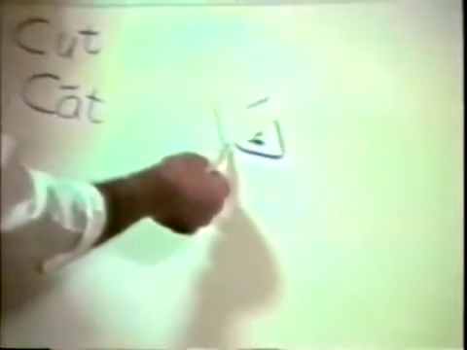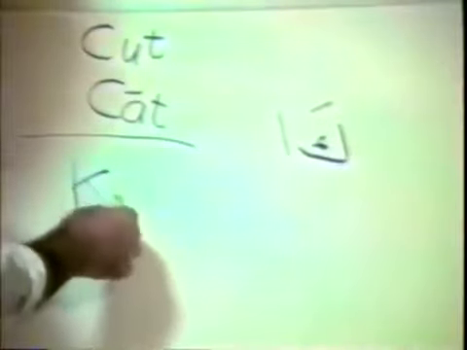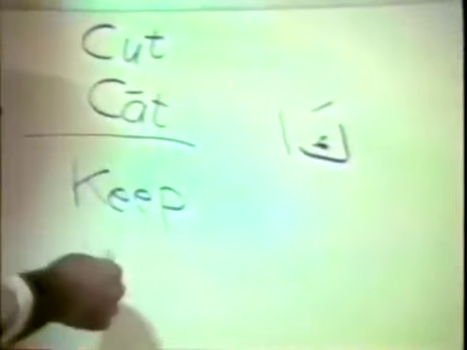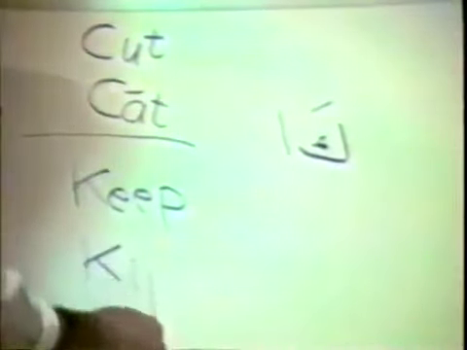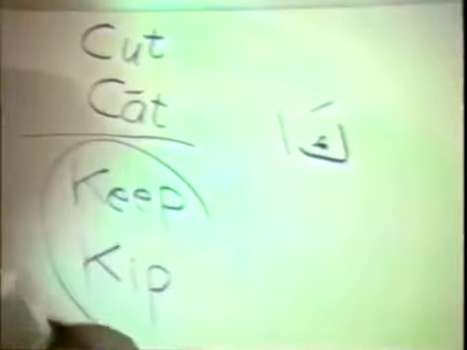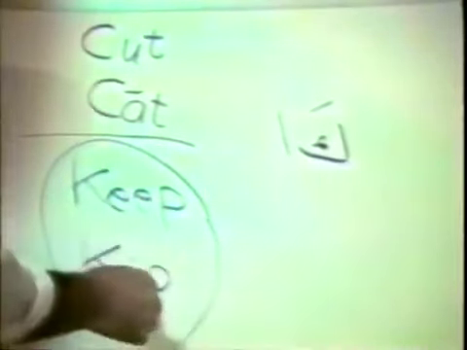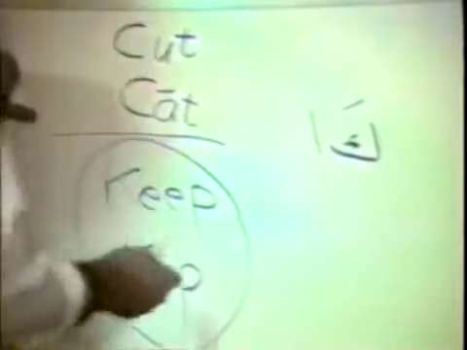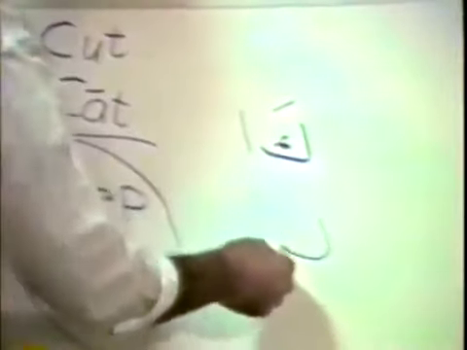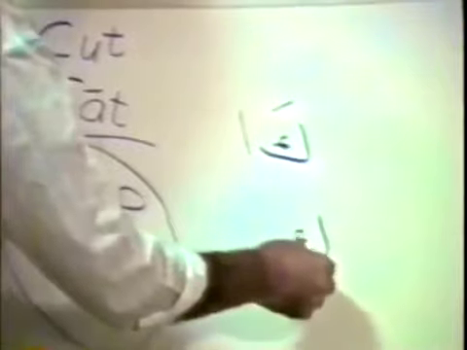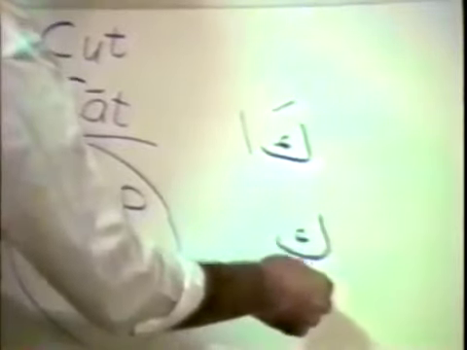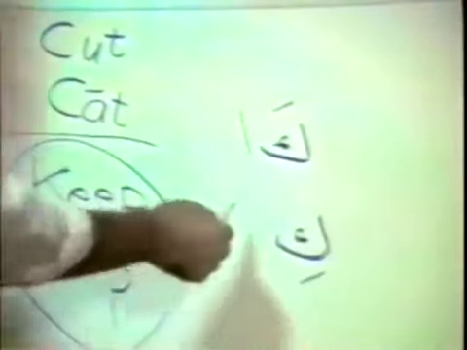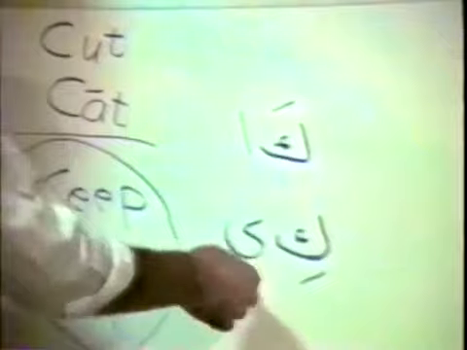This is kaa. How about the direction ki, as in keep, for example? Here's keep. And let's say there's a word kip. How do you make a distinction between keep, which is long, and kip, which is short? So as you know by now, all you need to do to make this letter pronounced ki is to put a slanted dash under it. This makes it ki. To make it long, you simply add the letter ya after it. So this makes it kee.